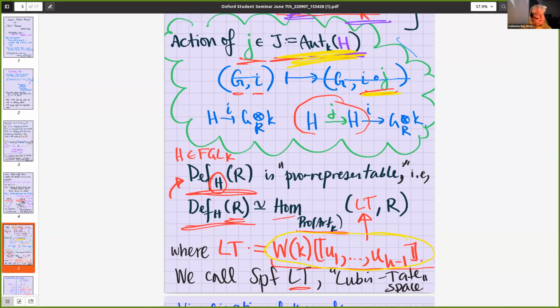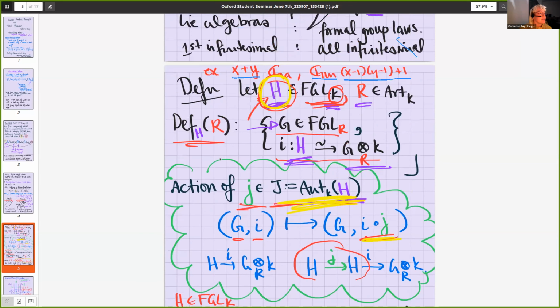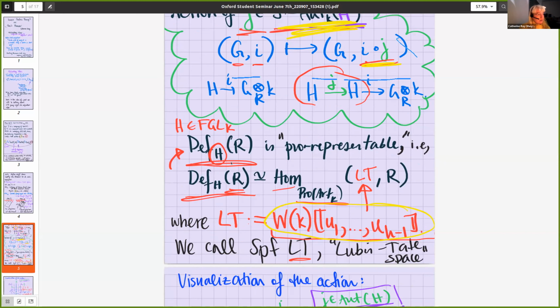And now we come to the correction that I just gave Martin, which makes the statement much simpler than I've stated here: this functor, which is a functor from complete local K algebras to groupoids, although if you're not comfortable with those, you can just think of it as sets, but it is a groupoid valued functor, is representable. And what that means is that if we want to look at deformations of a formal group over a local ring, we can just look at homomorphisms from some other ring to that local ring.